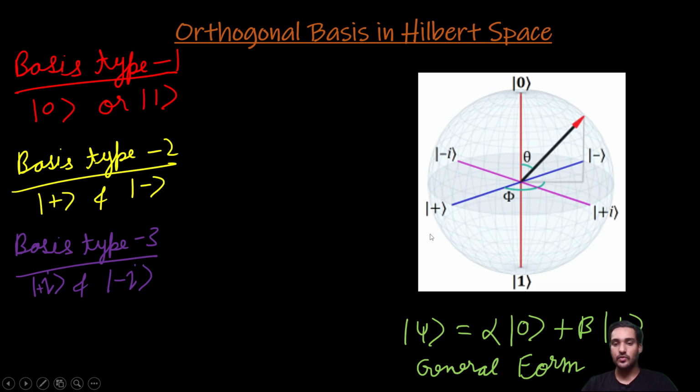As you can see, this is a Bloch sphere under which all the states can be represented. These are three axes, which have the pure ket 0 and ket 1 states. It has a plus state and a minus state on the x axis, and on the y axis it has the minus i and plus i states.